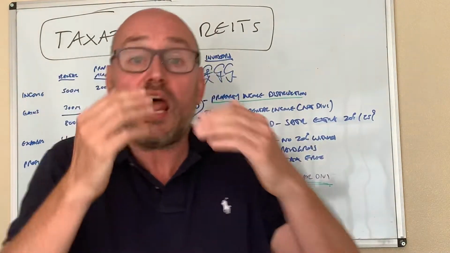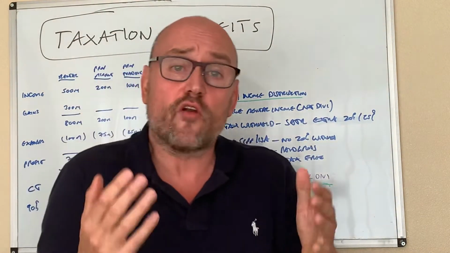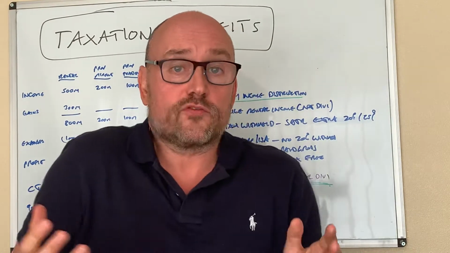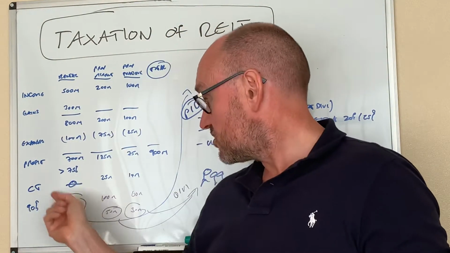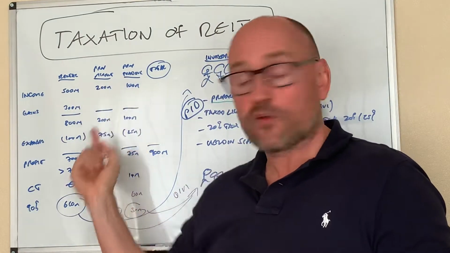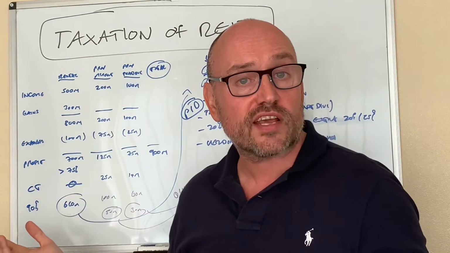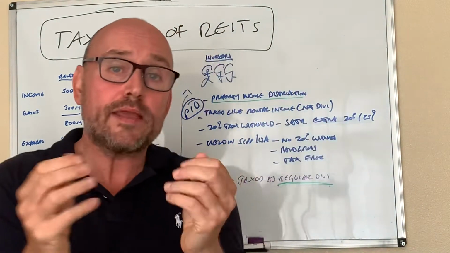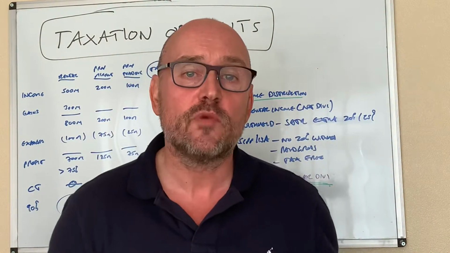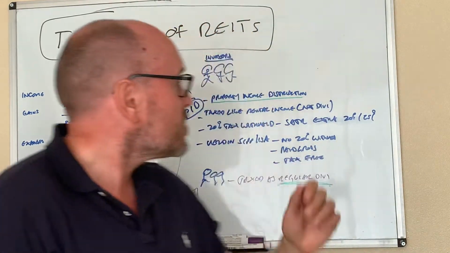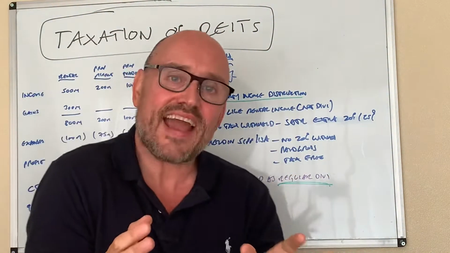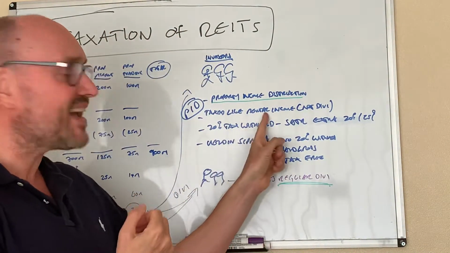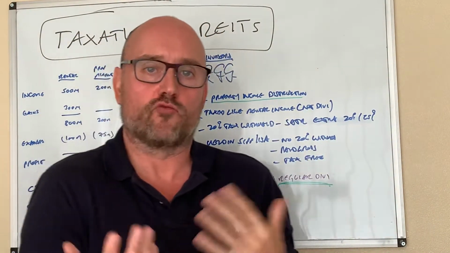So let's assume you and I are in receipt of income from a REIT. So we've talked about how the company's taxed at zero. The other divisions, by the way, are just taxed at the regular corporation tax rate. So now we've received some income from a REIT. It's called a PID, a property income distribution. And how that is taxed on us as individual shareholders is as if we had rental income in our own right.